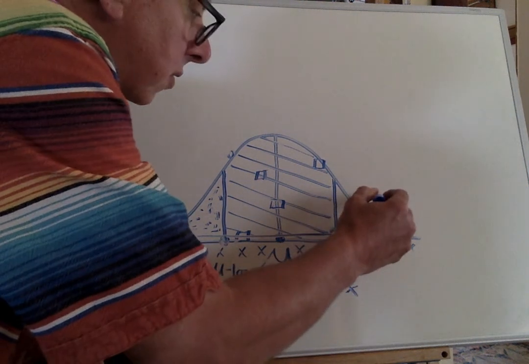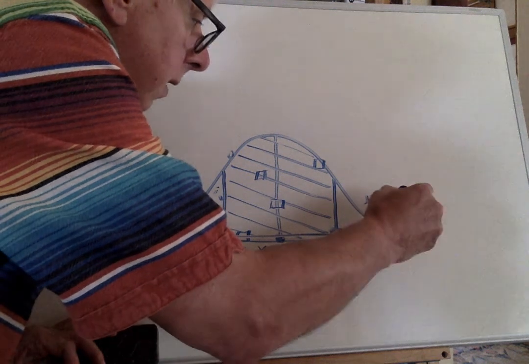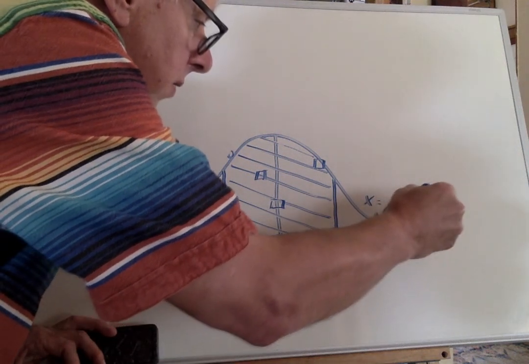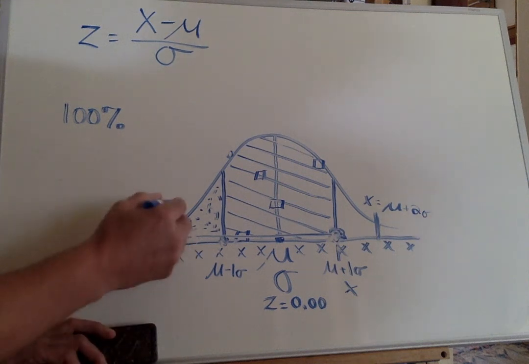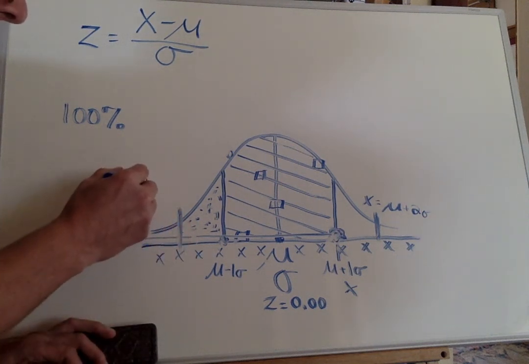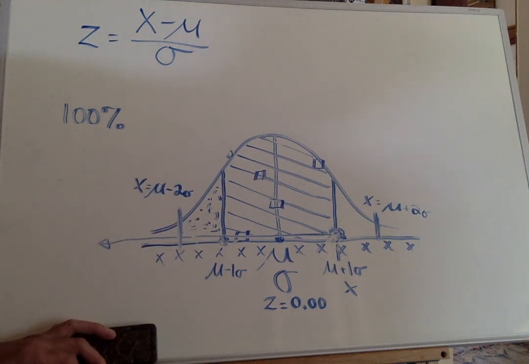And this represents a score that is the mean plus 2 standard deviations. This location in the curve would represent a score that's equal to the mean minus 2 standard deviations. And what I'm going to do here